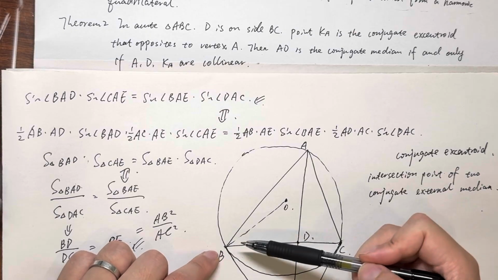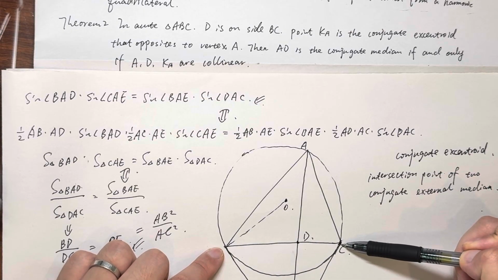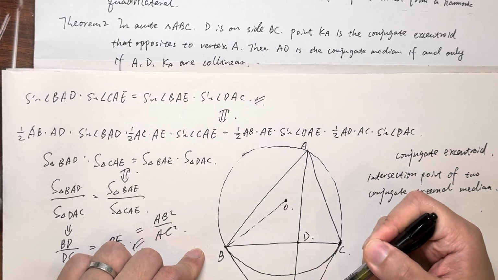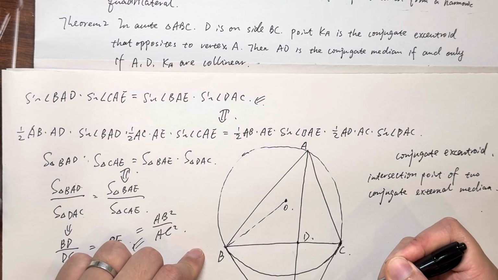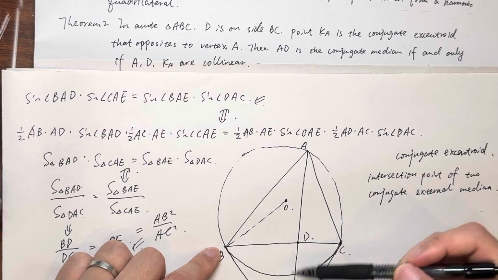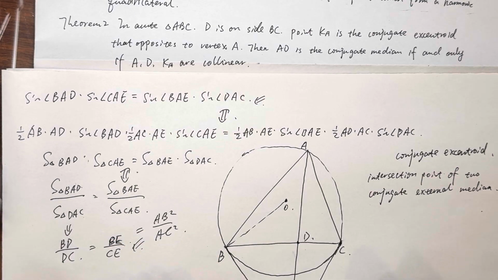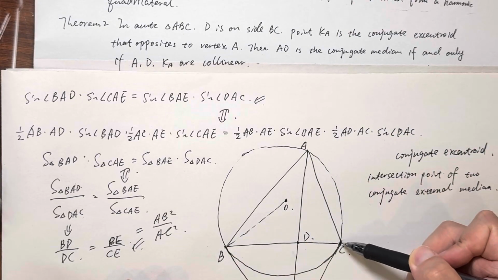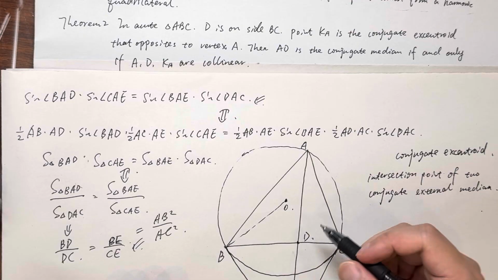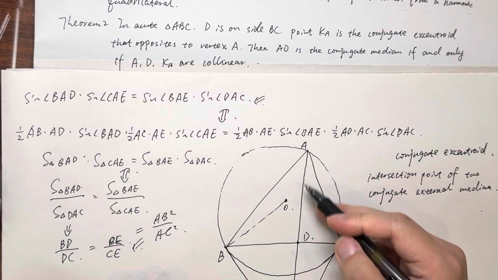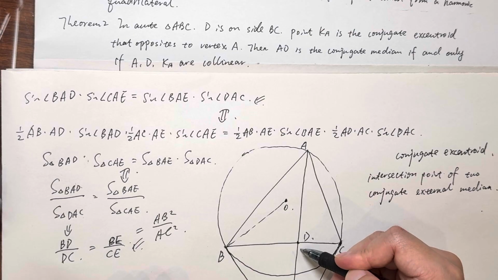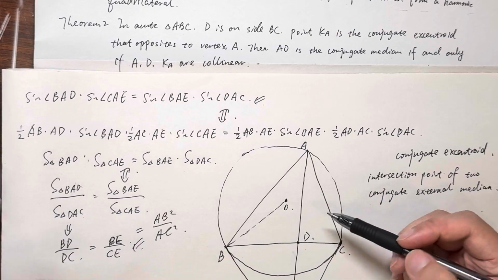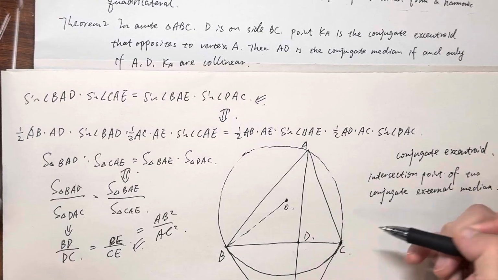And based on vertex B and vertex C, we can find the tangent lines passing through the points B and C to the circumcircle, and these two tangent lines meet at a point KA. And if we connect AKA here, it meets segment BC at point D, and we want to prove that AD is a conjugate median of the triangle ABC, which means that we just need to prove that BD to DC equals AB squared to AC squared. Then it's done,